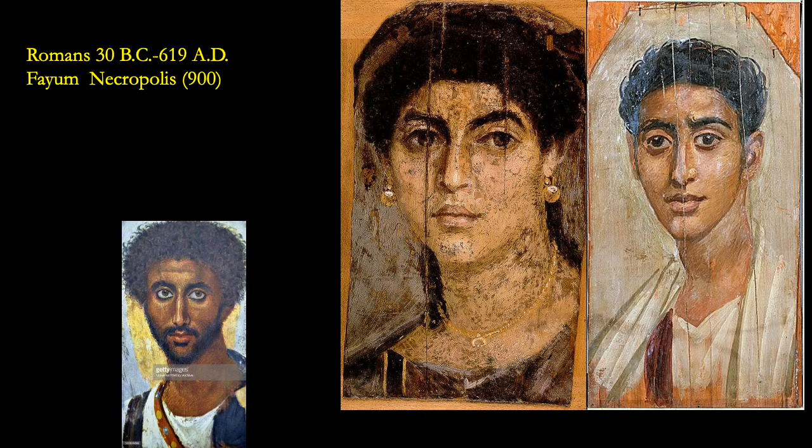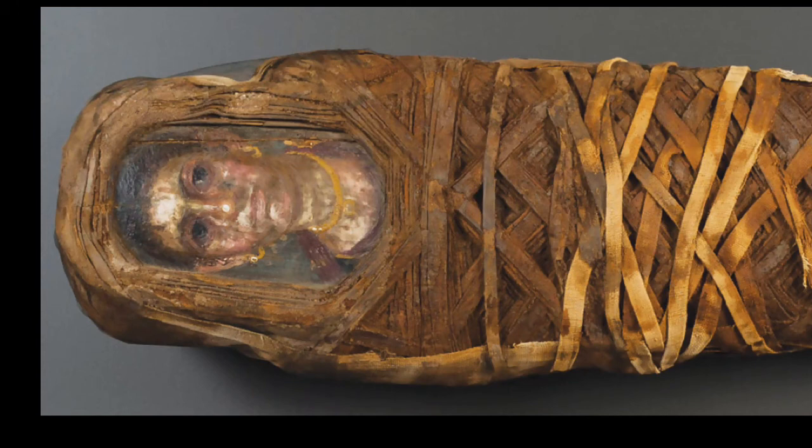Interesting, some of the things that are found in Egypt during the Roman period, and one of which are these very interesting portrait coffins or mummies of the Romans that show us exactly what they looked like. And they were painted in a style called encaustic, which is sort of painting with a wax onto the wood. And then they were wrapped up like this. So it was just a piece of wood that was attached to this wrapping.